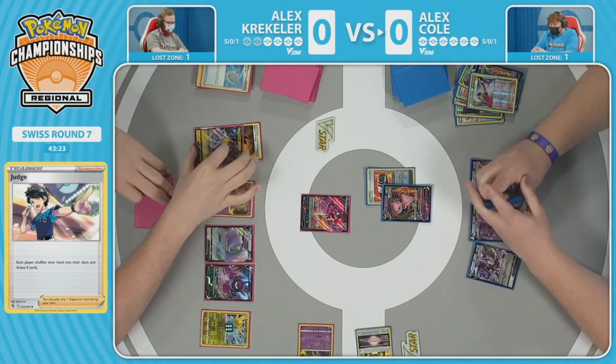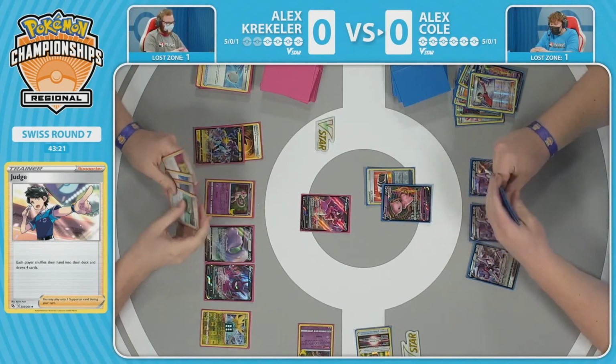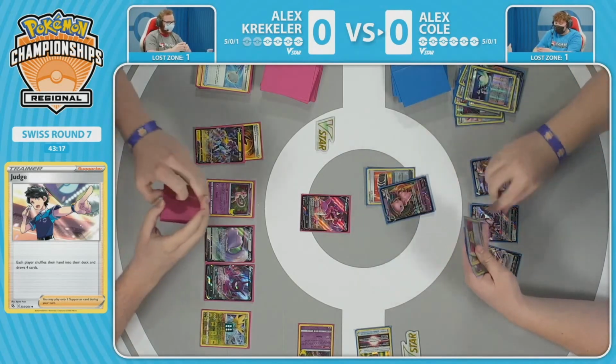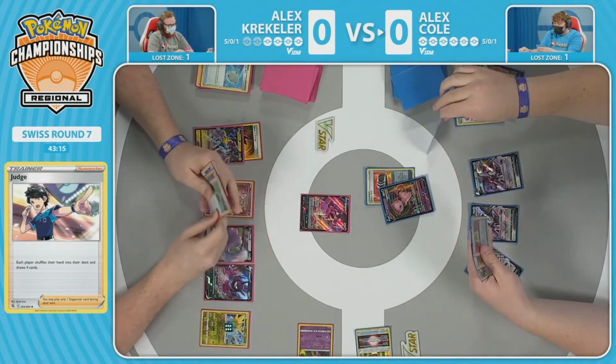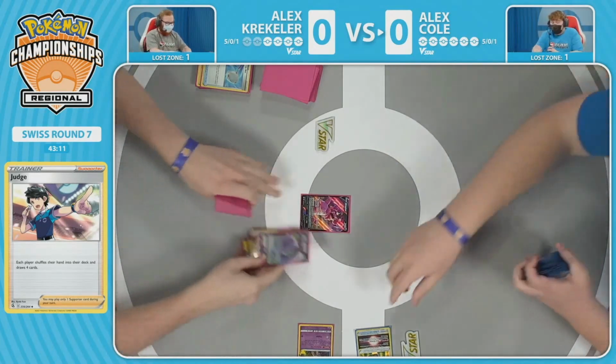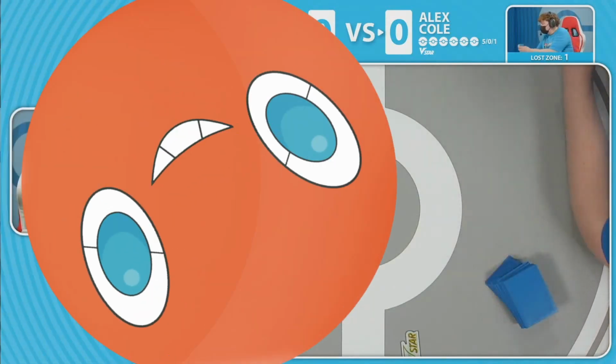It's going to be a pretty lackluster draw, though, for Alex Cole here. Not really seeing many ways to get through. He is going to have to switch. That's just burning a card, essentially one card off Fusion Strike system. And, yeah, he's just scooping it up. Yeah, there's no way to knock this Drapion out, so Drapion gets to take a